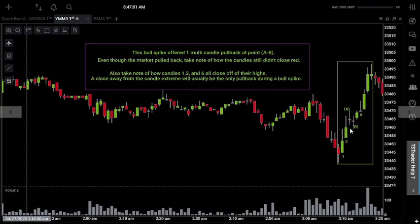That was your opportunity. Same thing on candle number 6. Prices were a complete bull candle, and then they closed significantly off of the highs for that candle. That right there is your pullback. So when you have a continuous bull spike, remember that you want to look for the pullback within the candle